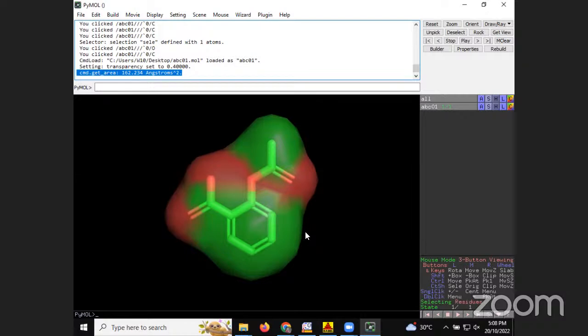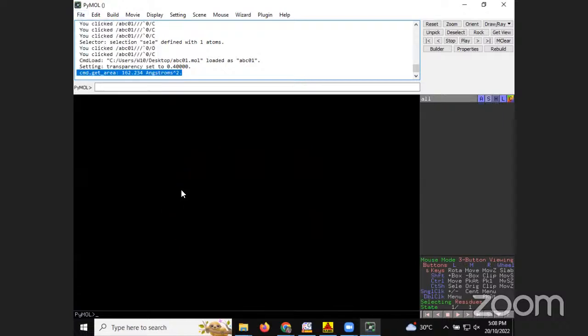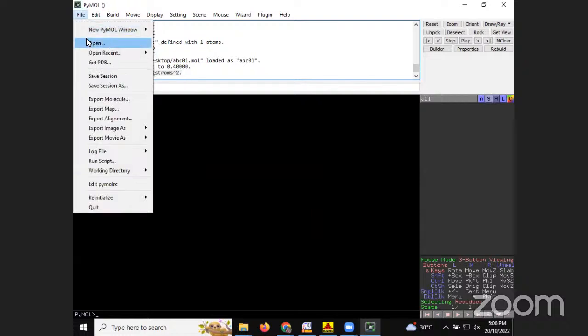Just go to file and then open. It's a very tough job. Or you can drag and drop the mole file in the window of